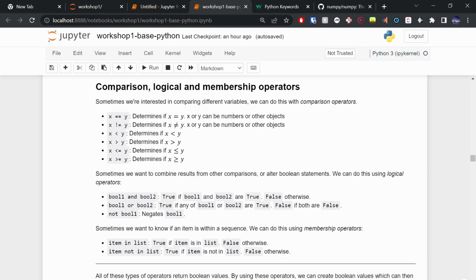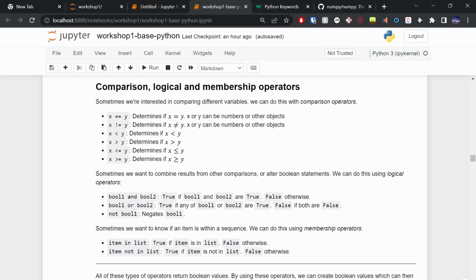And that's actually the truth for comparison, logical, and membership operators. So all of these operators here, comparison is for comparing two things. And it's seeing whether they're equal to each other, whether they're greater than, whether x is less than y, it'll evaluate to true or false. And the nice thing with that is we can actually then make decisions in our program based on the values of numbers. If x is greater than this, we can run this piece of code. If it's not, then we run this other piece of code. And this here will tie into logic flow, which we'll cover just now.